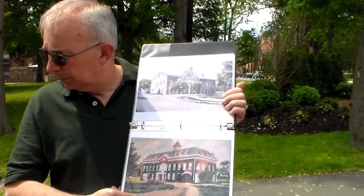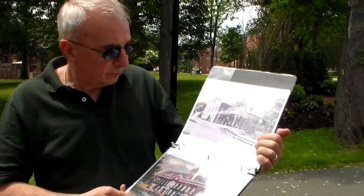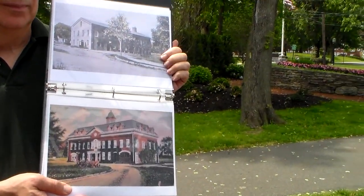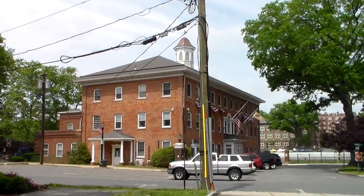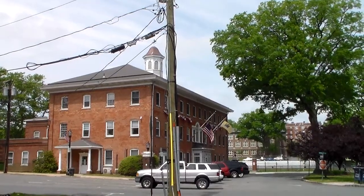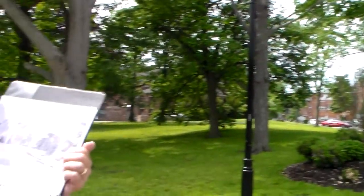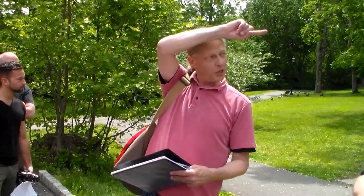But you see here, this one shows even fire engines and a motorcycle cop coming out of the building. This building did a lot for us. It was our jail, it was our police headquarters, it was our fire department for a number of years. In fact, from 1890 to 1892, before they started building our school, the 2nd floor of this was the high school. It was Yantico Park School, it was called at the time. Okay, so I just wanted to point those out. And then we're going to